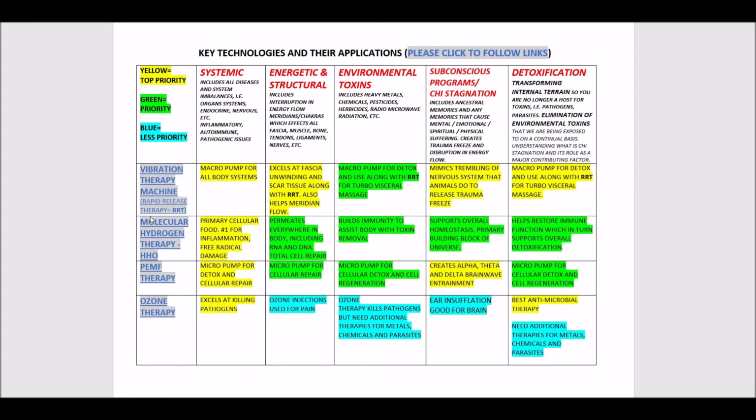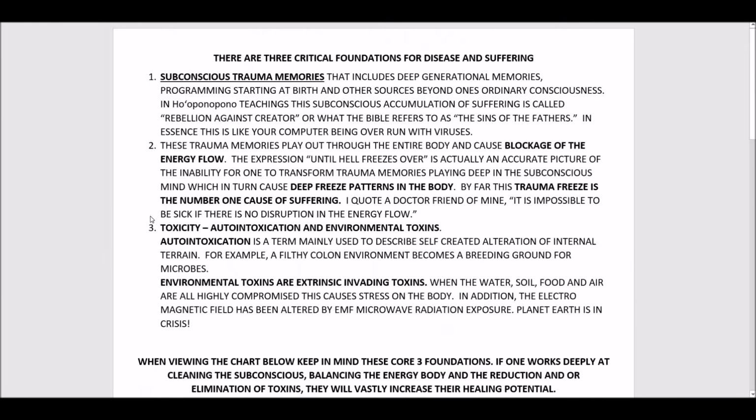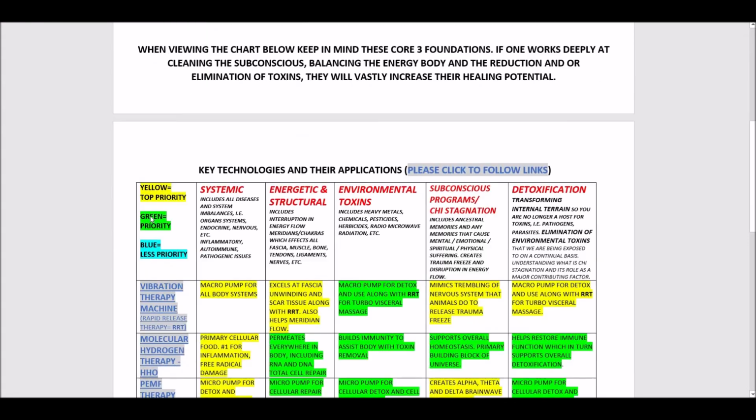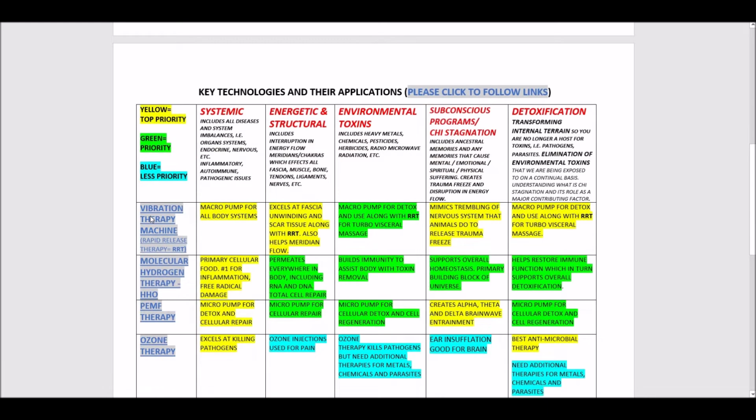Okay, so now that we have our overview, let's get back into the chart. So let's start again with subconscious programs. Subconscious programs, Chi stagnation. Once the energy flow starts to get blocked due to these memories causing blockage,